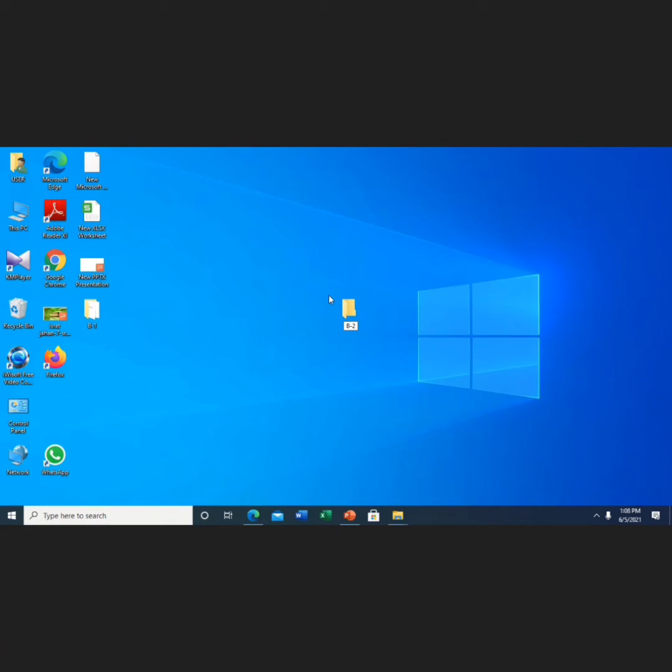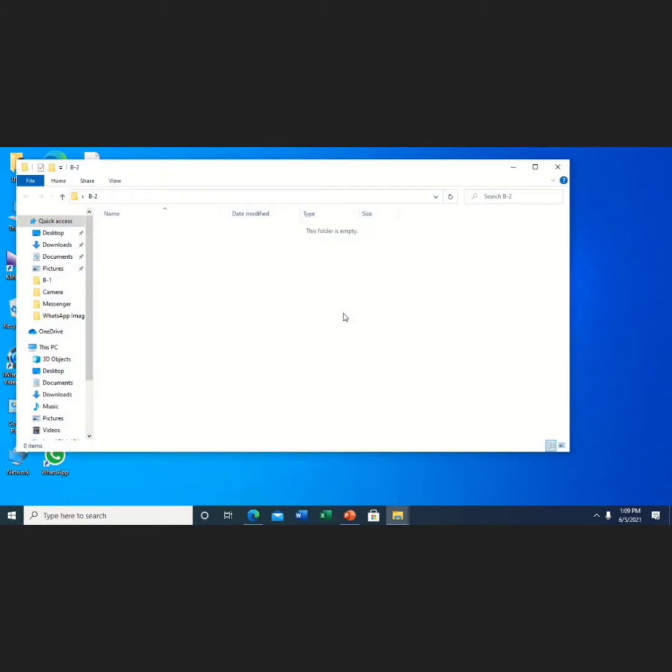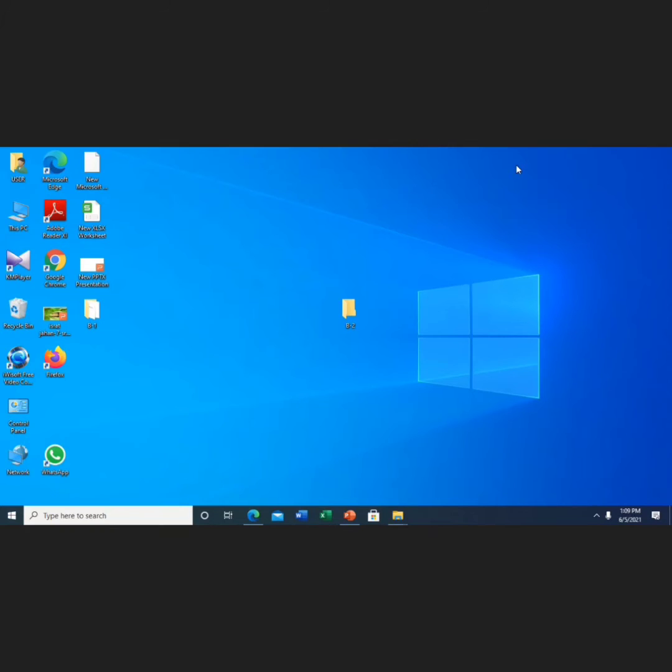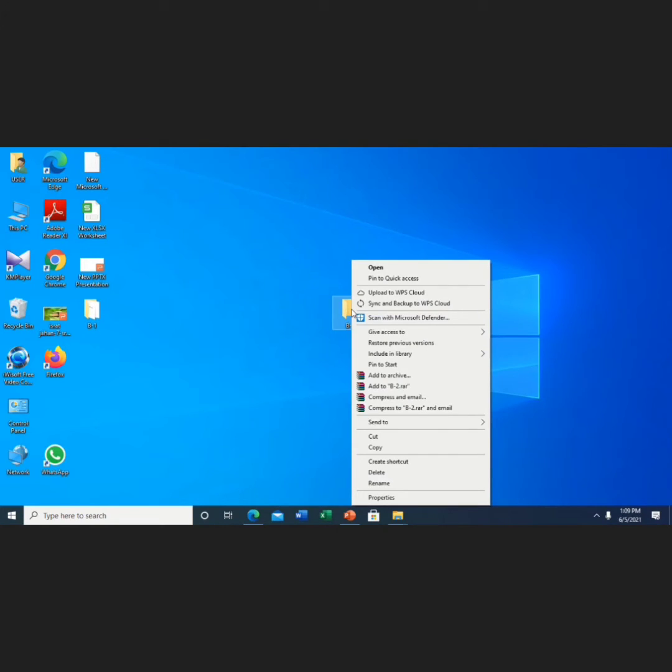Now we will open the folder. We can open the folder in many ways. Double click on the folder, or click on the folder and a hanging menu will appear.